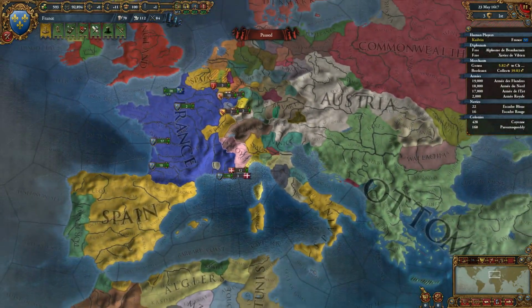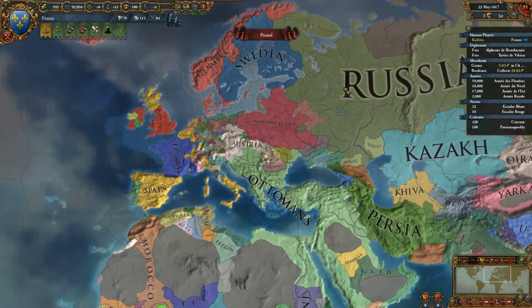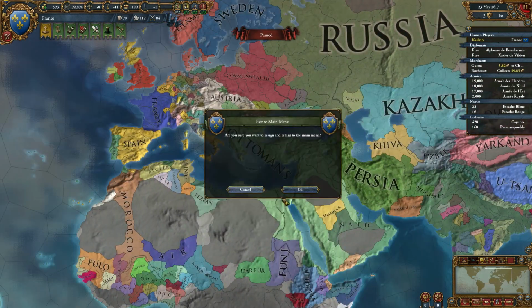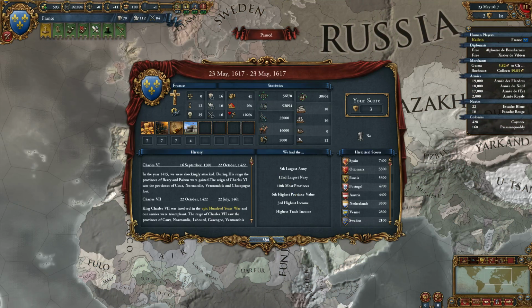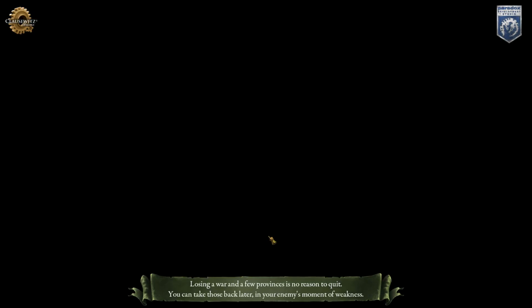Now, let's see. Is there anything else I'm missing? Well, they changed the revolution system a bit, but not really enough to note. The revolution system's got some minor improvements. Overall, though, I would say this game is significantly improved, simply as a result of Paradox taking criticism and trying